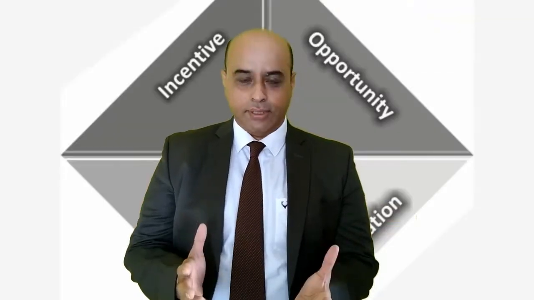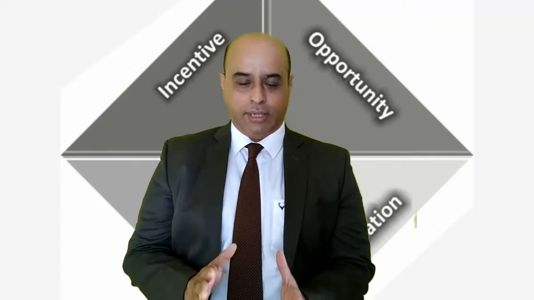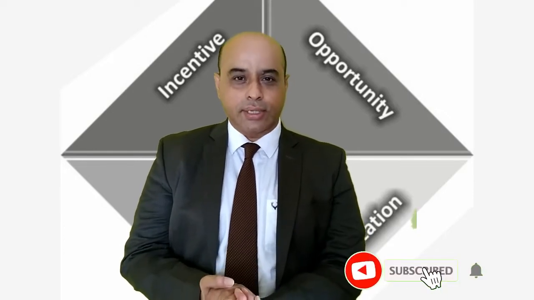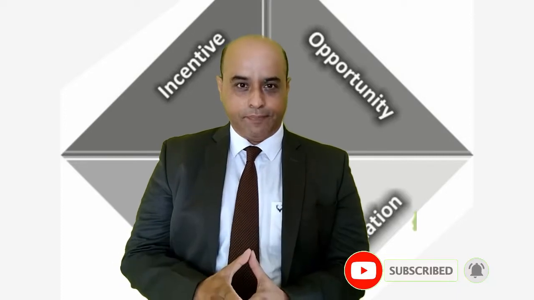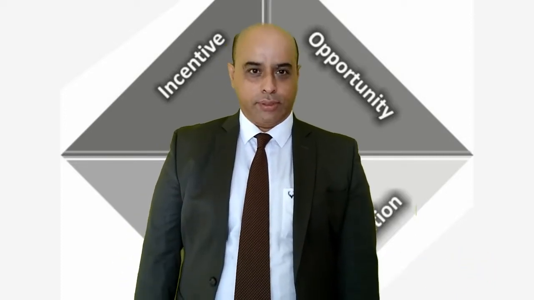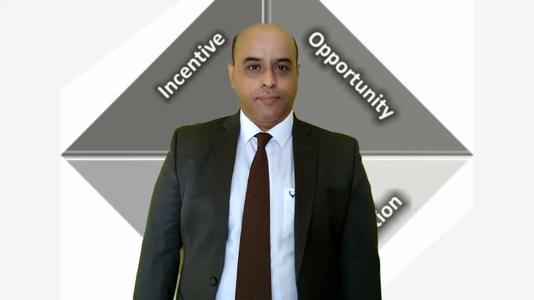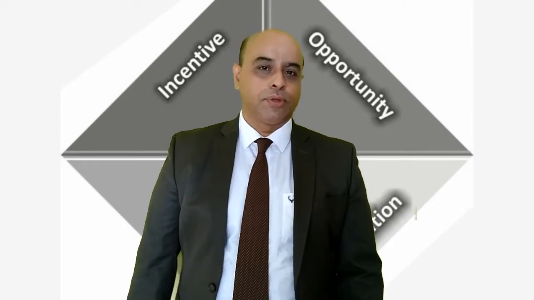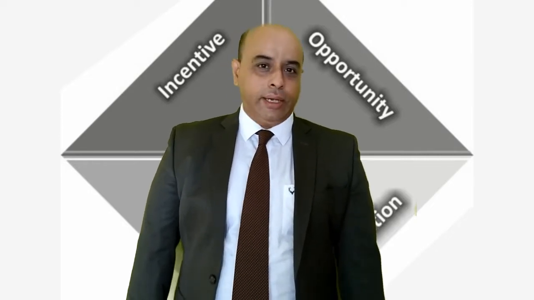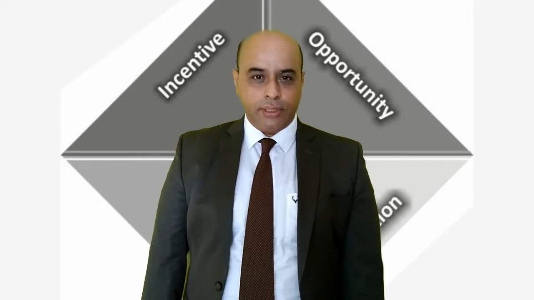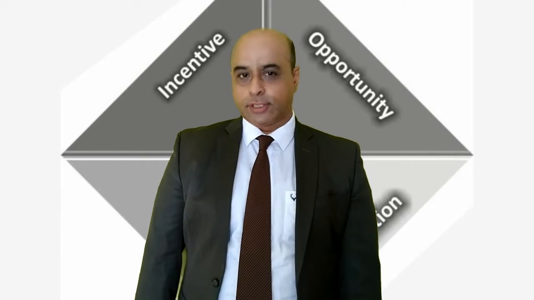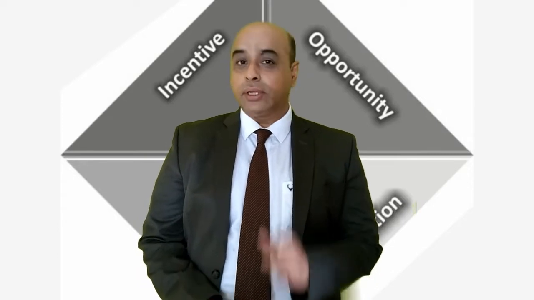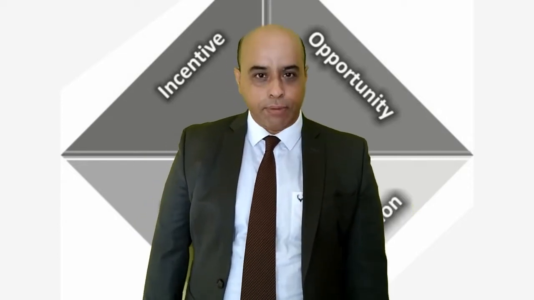What is the fraud diamond? The fraud diamond is absolutely similar to the fraud triangle, but one additional point has to be added, and that is the concept of capability. So there are 4 points in a fraud diamond. The person who is committing fraud will first think of an incentive or a motive to commit the fraud, which could be financial or non-financial motive. Second is definitely the person looks for an opportunity and opening, a weak internal control to exploit. The third is rationalization or justification. And the fourth, the additional point in the fraud diamond is capability.